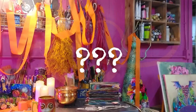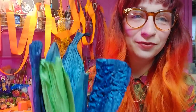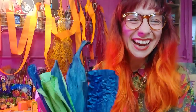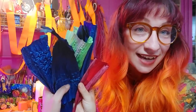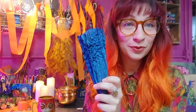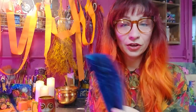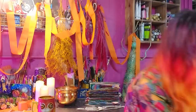Here we go. These are corn husks that I dyed on the stove with a little bit of RIT dye. So you just pop water into a kettle and follow the instructions on the dye. And I used corn husks that are available for tamale making. So you can either go out and forage your own or pick them up from the supermarket, but they make these really